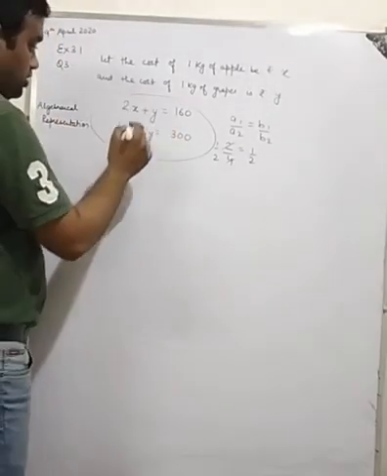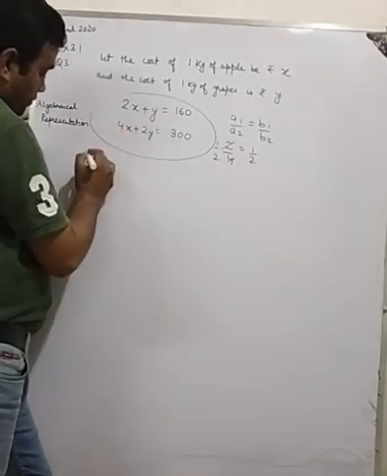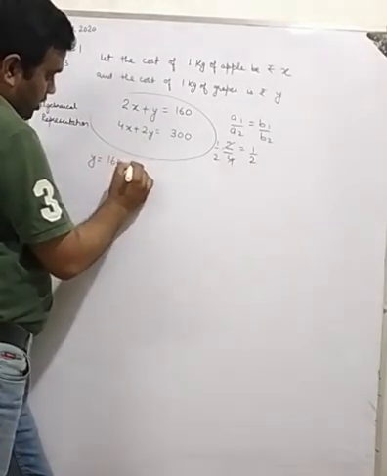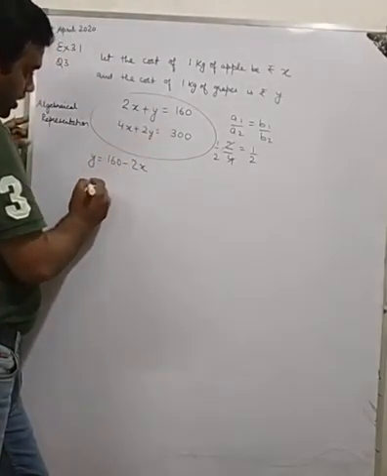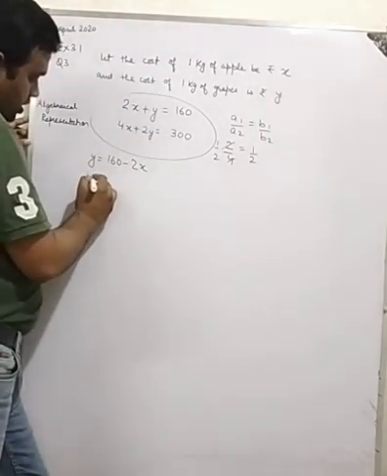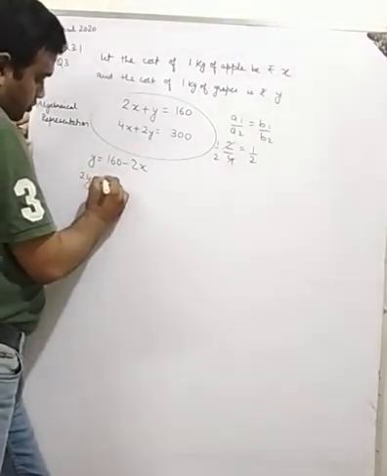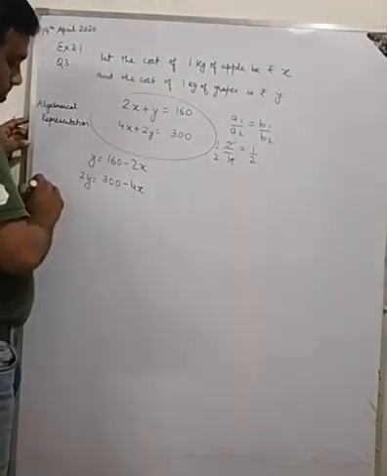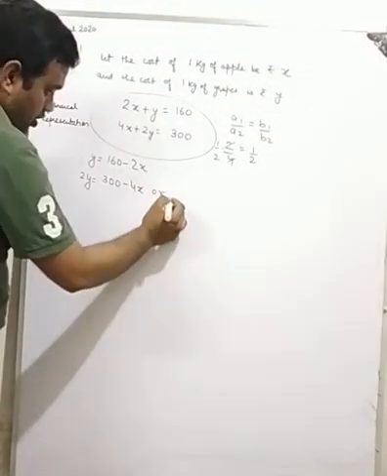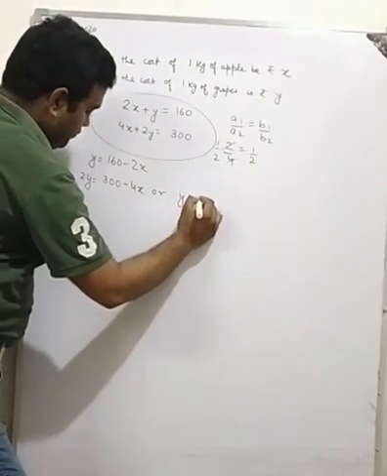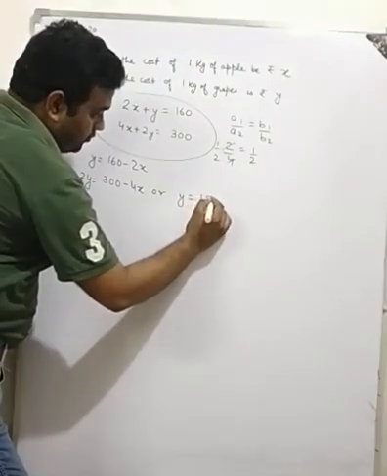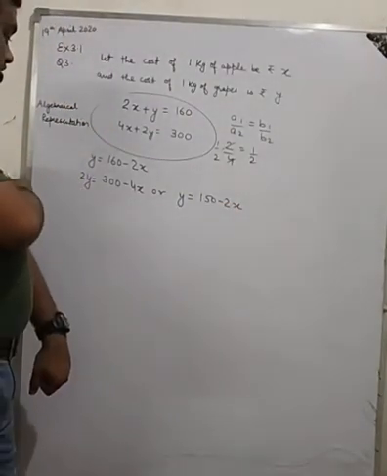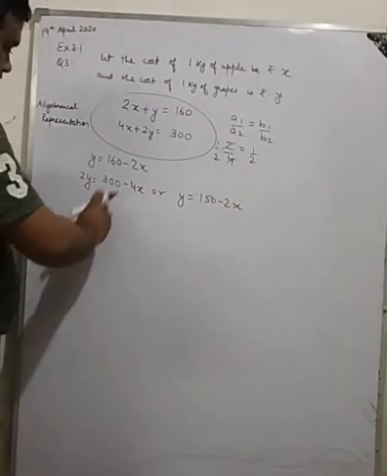graph. So here we see for the first equation y is equal to 160 minus 2x, and for the second equation 2y is equal to 300 minus 4x, or y is equal to 150 minus 2x. Now if we draw the table for both these equations,